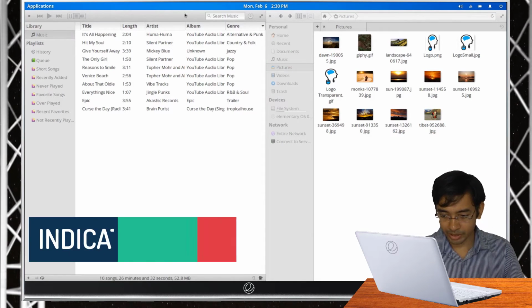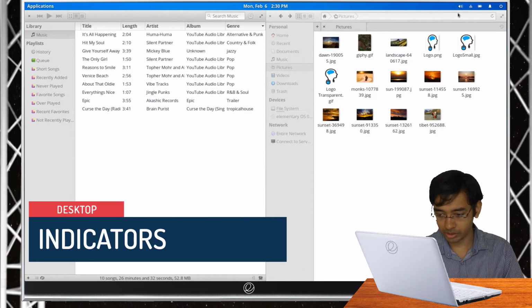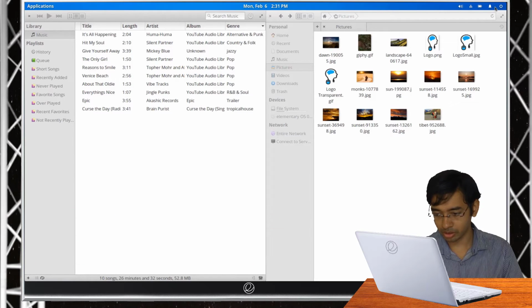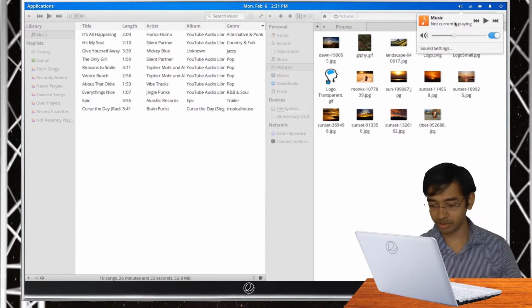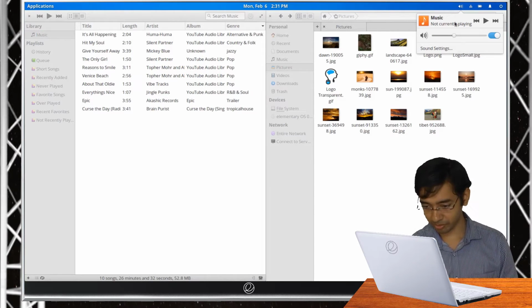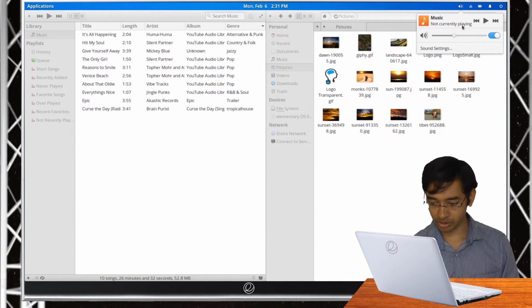Towards the right hand corner, we have got several indicators: this is for volume, this is for network, this is for the battery, and this is for notification, and in the rightmost corner there is this power off button. When you click on any of them, it reveals further options, which I like very much. This in-depth integration with the default applications can be very useful. Like you can change the music currently being played directly by clicking on this sound icon, and then you can change it from here itself instead of opening the app and then changing. This feature is quite convenient.